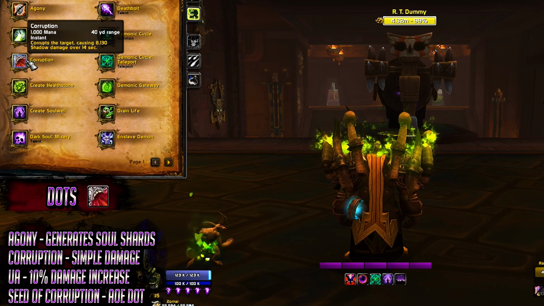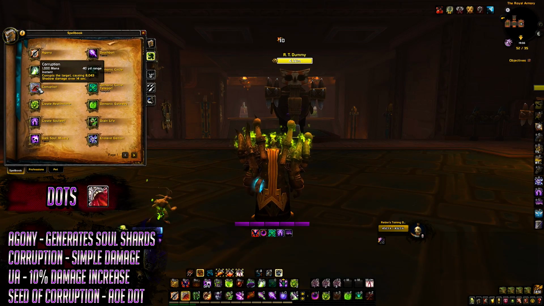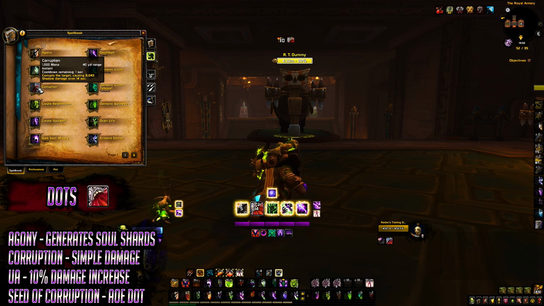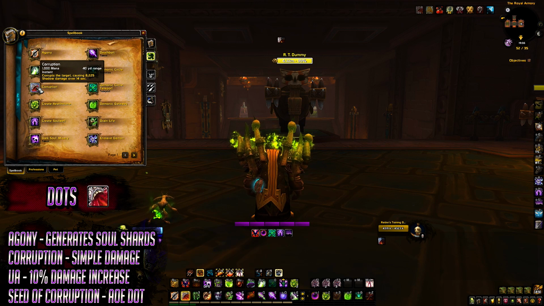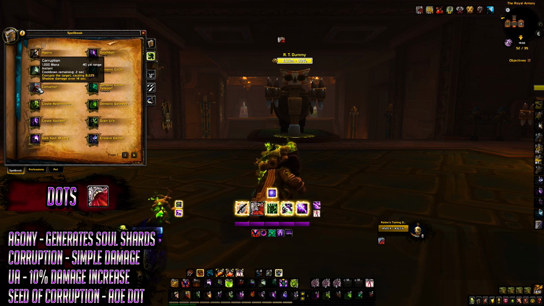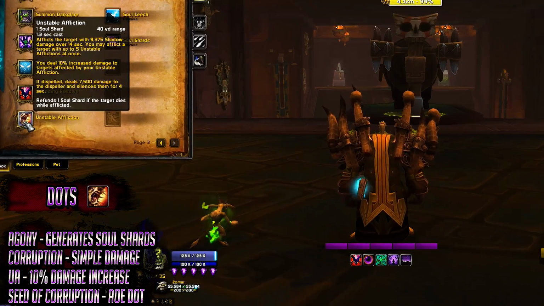Not your second, your other. Very important distinction. It is on a 14-second duration and deals very good damage. It doesn't deal as much damage as Agony, and it doesn't generate shards. Okay, it's your second most important dot, alright? Happy now? Butt face. Unstable Affliction is definitely the most...